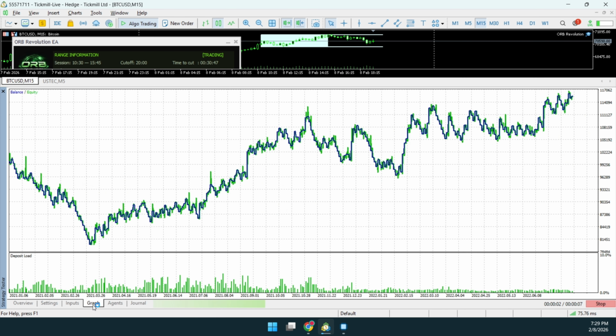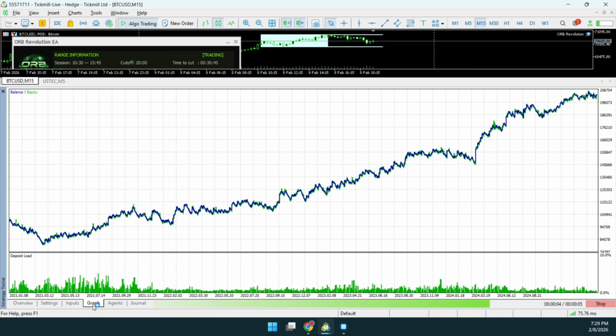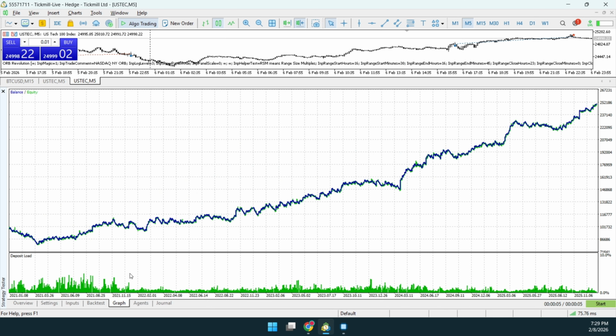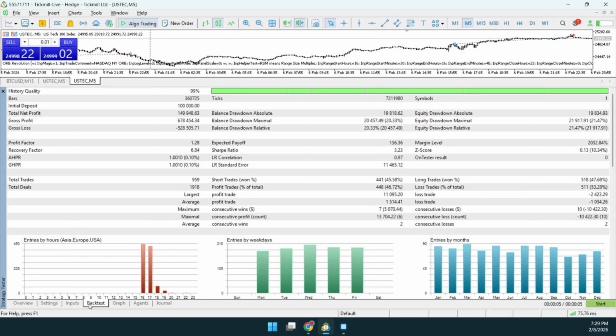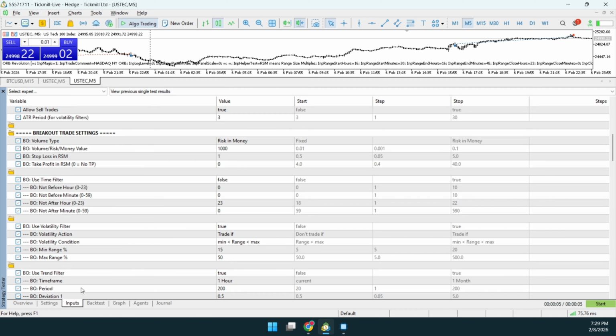And I'll go to the graph. And you can see this is based on the last 5 years. So really, it's very, very good results. The idea of this EA is not really to run one instance. You can still run one instance. Frankly speaking, you're gonna do better than what the Nasdaq or the US 500 is doing on a yearly basis. But the idea of this EA is really to build a portfolio, build multiple